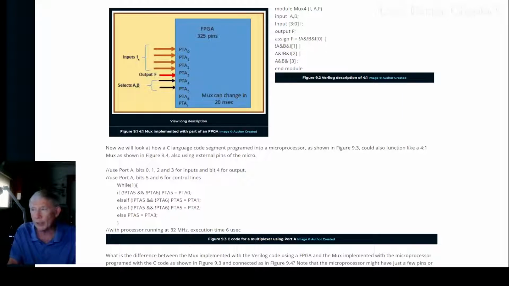It's not really running at a speed. It is, because it's hardware, it's going to execute as fast as these gates can change. Now the FPGAs do have clocks because we actually make state machines on them, and those run at about 200 megahertz typically. Okay,